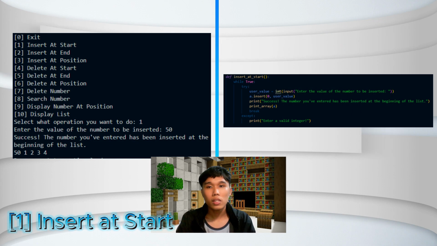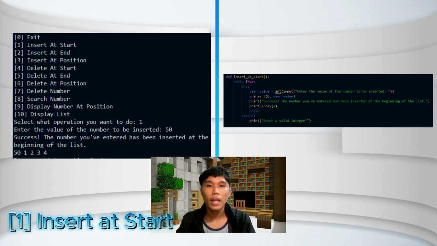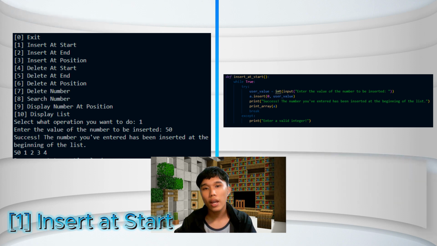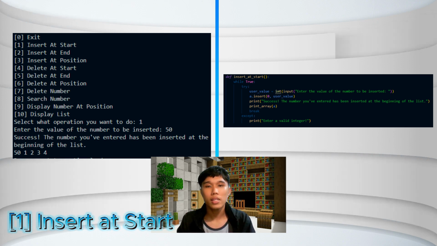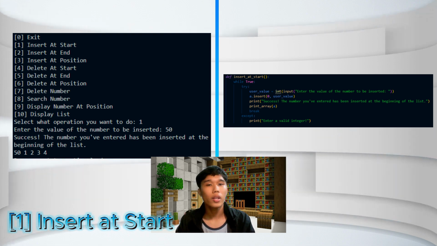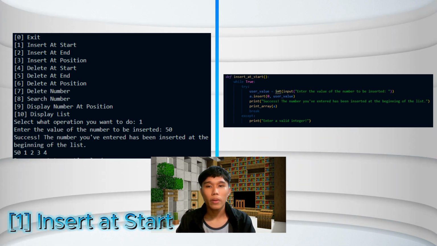If the user selects 1, the program will call the insert@start function. This function prompts the user to enter a value which will be inserted at the beginning of the list. The program then adds this value to the start of the list using the insert method with an index of 0. After the insertion, the program prints a success message and displays the updated list to the user. This operation is particularly useful when the user wants to prioritize certain elements by placing them at the start of